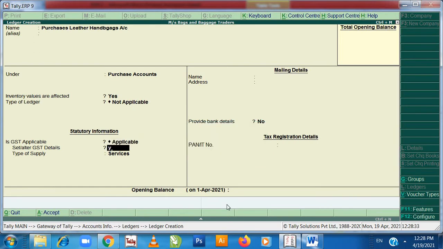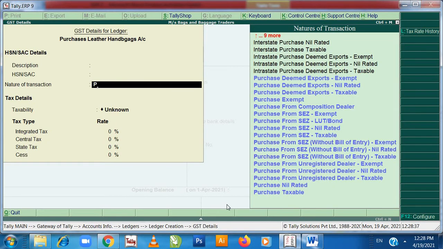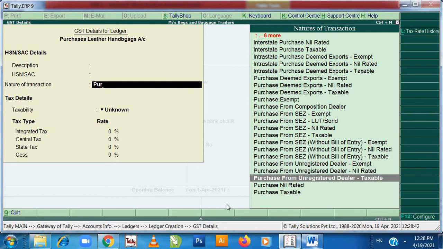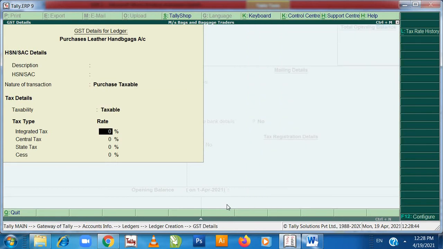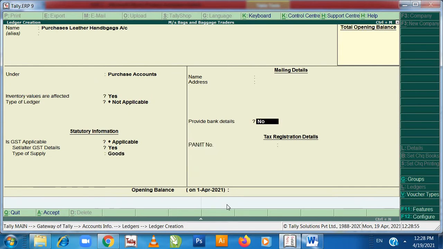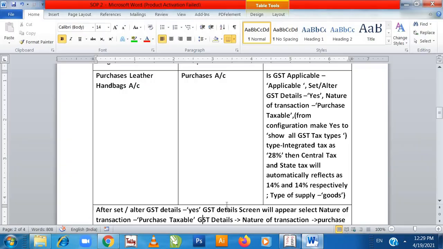Set all the details yes. Your nature of transaction is purchase taxable. Duty is 28%, integrated automatically 14% and 14% will come. Type of supply is goods. Then press enter, enter, and enter.